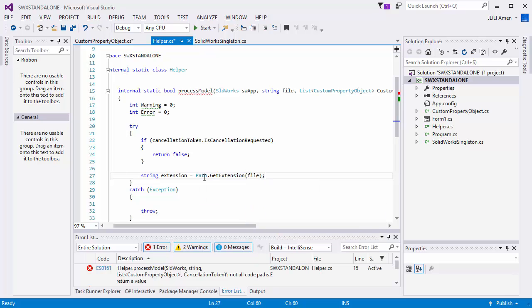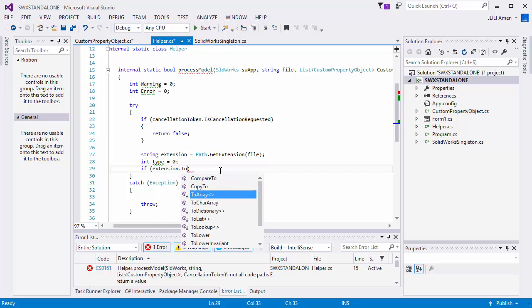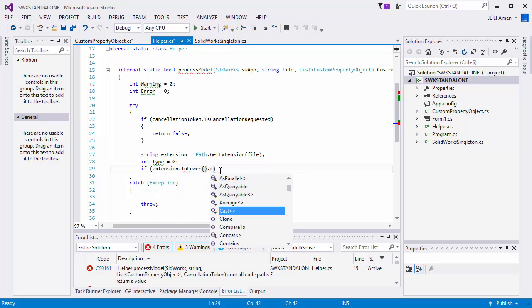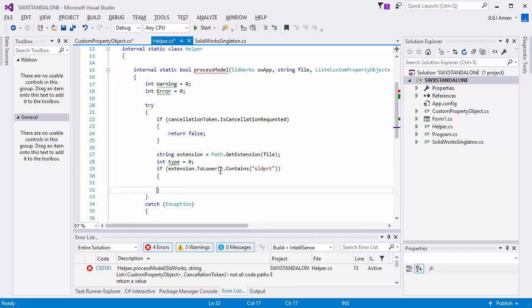So if extension to lower contains SLDPRT, that means the model is a part. So we're gonna set type to int, and here